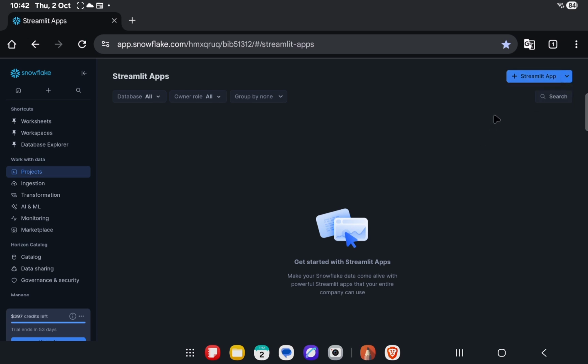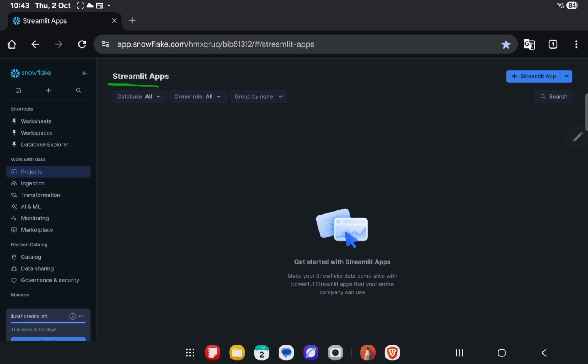It totally depends on you, based on your functionality and the complexity of the Streamlit app. You can create it in-house on Snowflake. Otherwise, you can upload your app or deploy the app from your repository or from your IDE by using SnowSQL commands, Snow CLI commands. So that's up to you and based on the complexity of the application. So let's quickly understand